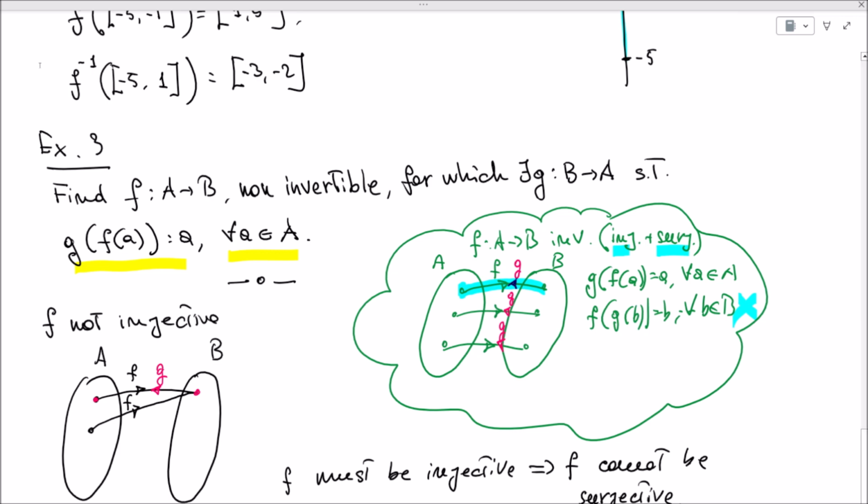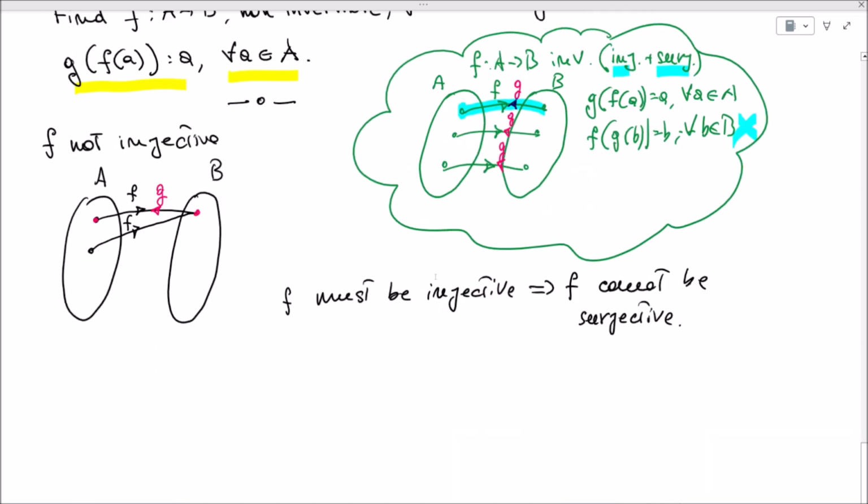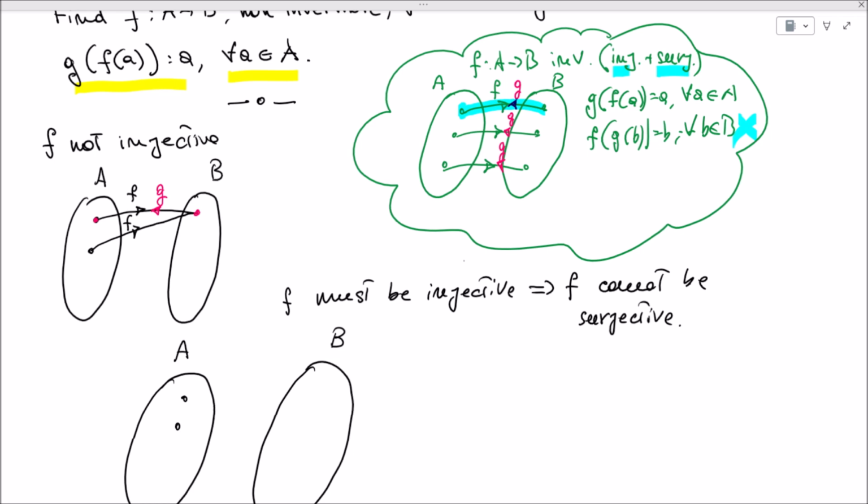but that implies that f cannot be surjective, just because we know that one of these two conditions must be missed, because we know that f is not going to be invertible. So let's see how this function f might look like. So if this is A, this is B, we start from elements of A, and with these arrows that represent f, we can reach